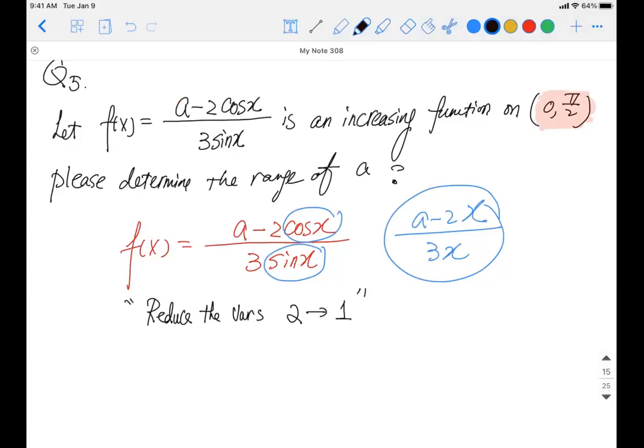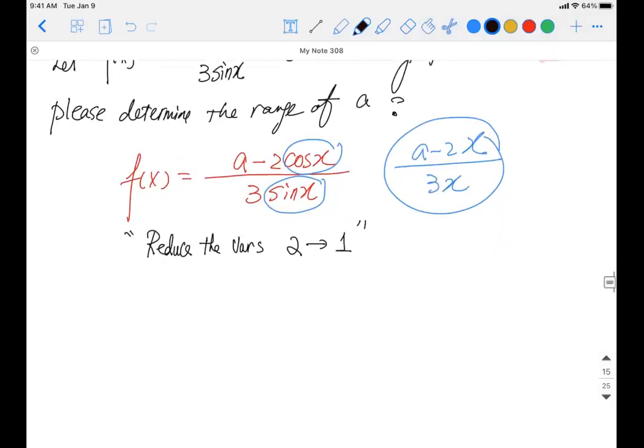Have you guys ever heard about this? Because this is a very, very important mathematical common sense when you are dealing with trigonometry. Now you have two variables, sine, cosine, but you want to convert it into one variable. And then taking from there, maybe I do some substitutions, so on and so forth, I can solve the problem. But whenever you have two, you really have no idea what to do. So have you guys heard about how to do it? If you went to other math competition training courses or organizations, have they told you something about this?